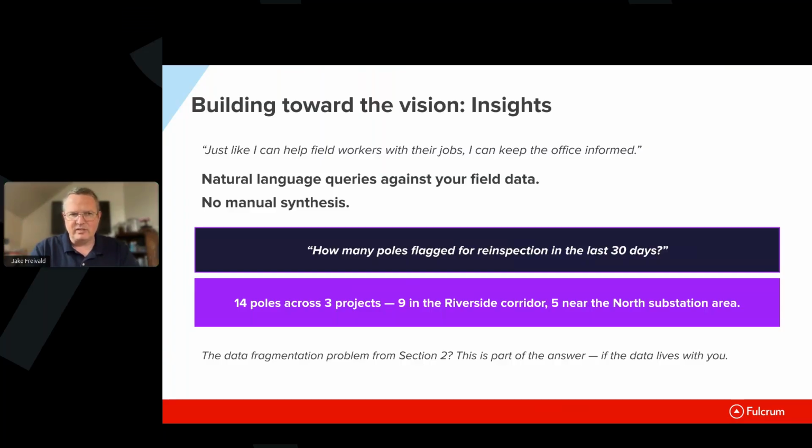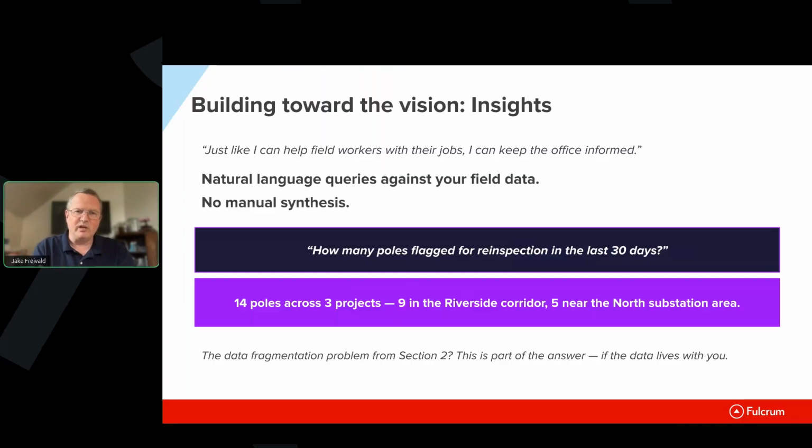Pulling it out of the platform is straightforward. I've got the following 3 different interrelated processes that I work with. One is transformer inspections, one is transformer maintenance, and one is related to the personnel that are being tasked on something. Get me information about all 3 of those, relate the information to each other, and report back to me based on a natural language query. That's a really cool capability that helps office workers manage things today. And as the field workers' lives change in the future, they'll be able to ask just normal questions and get results back from the AI in that way as well.